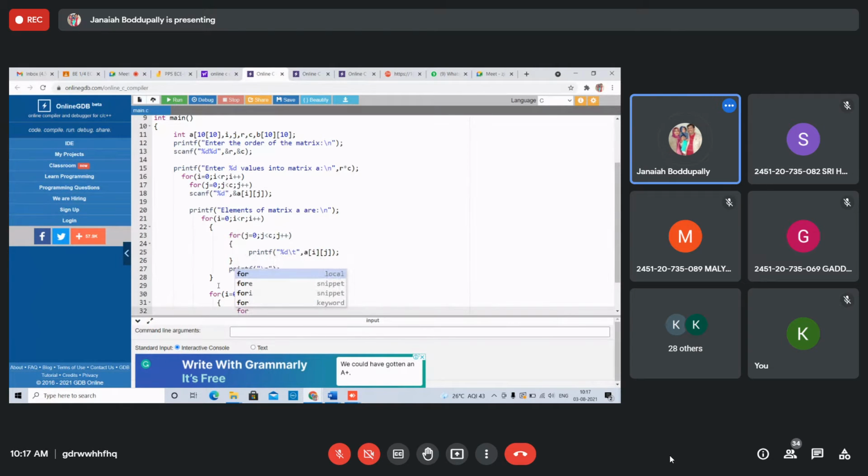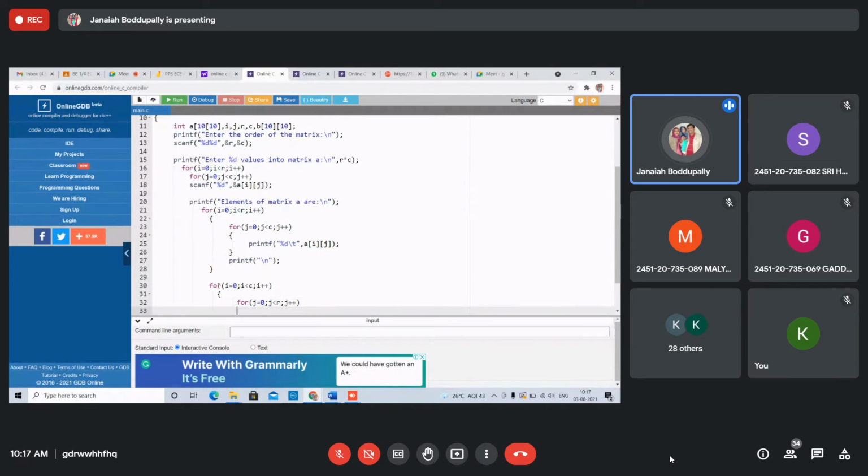For J equals 0, now tell me, J less than R. That is the logic.